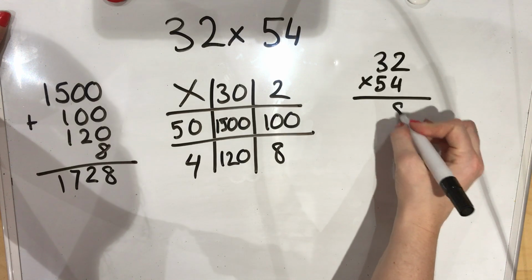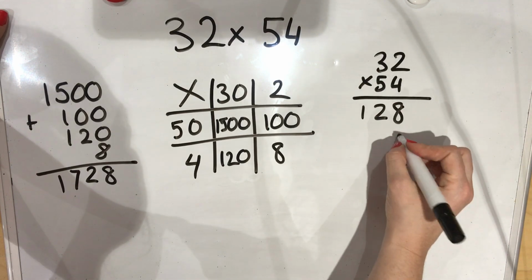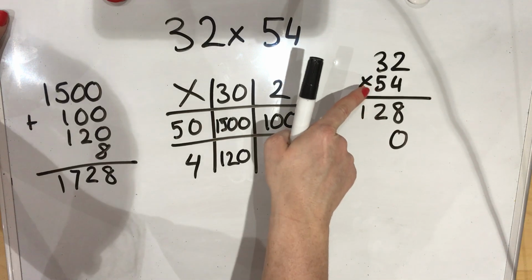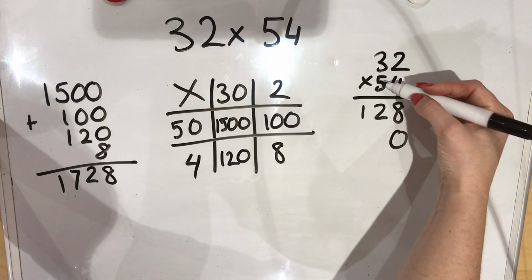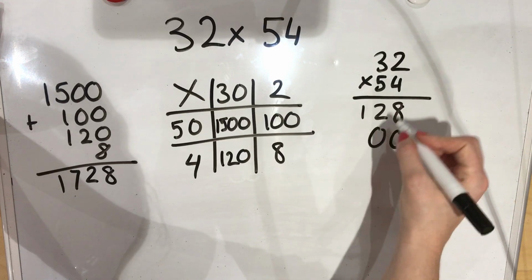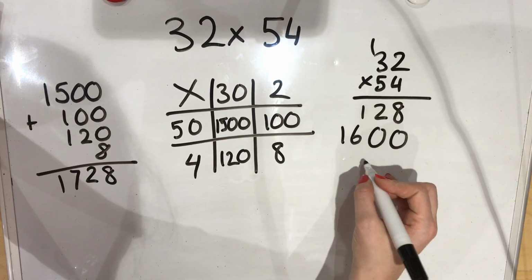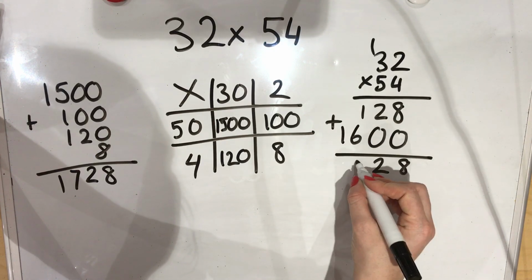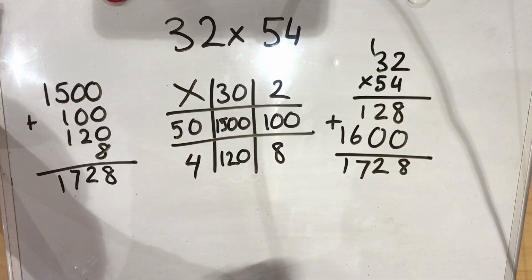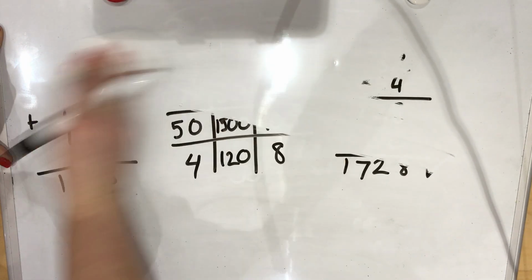4 multiplied by 2 is 8. 4 multiplied by 3 is 12. Then I put my 0 in because I'm now looking at the tens. Now I can just say that as 5 rather than 50. So 5 multiplied by 2 will give me 10, carry the 1. 5 multiplied by 3 is 15, so 16. And I'm going to add those together. 8, 2, 7, 1,728. So let's do one more of the grid